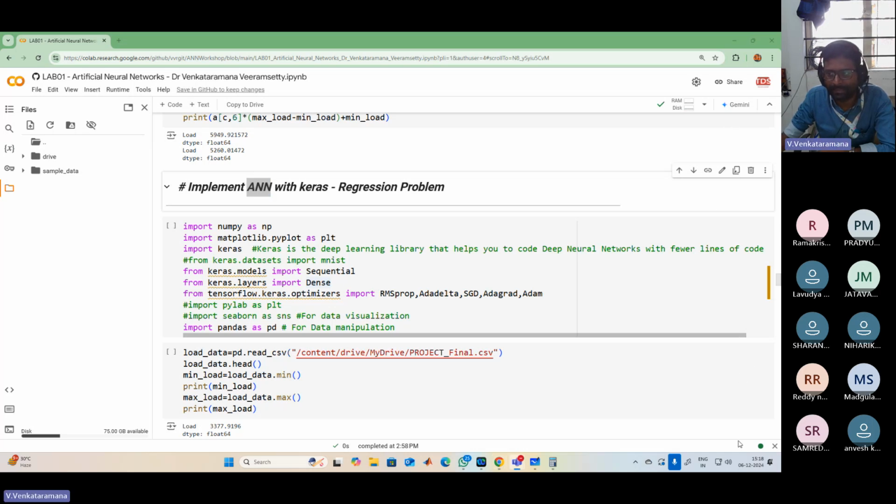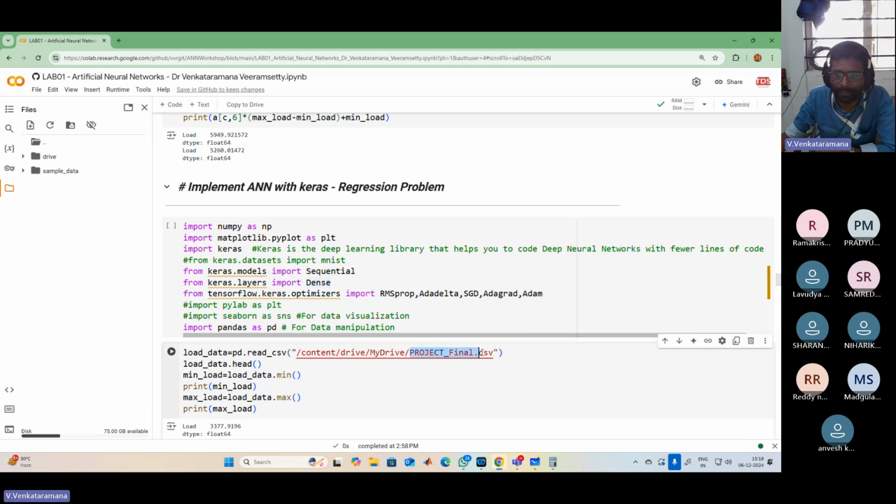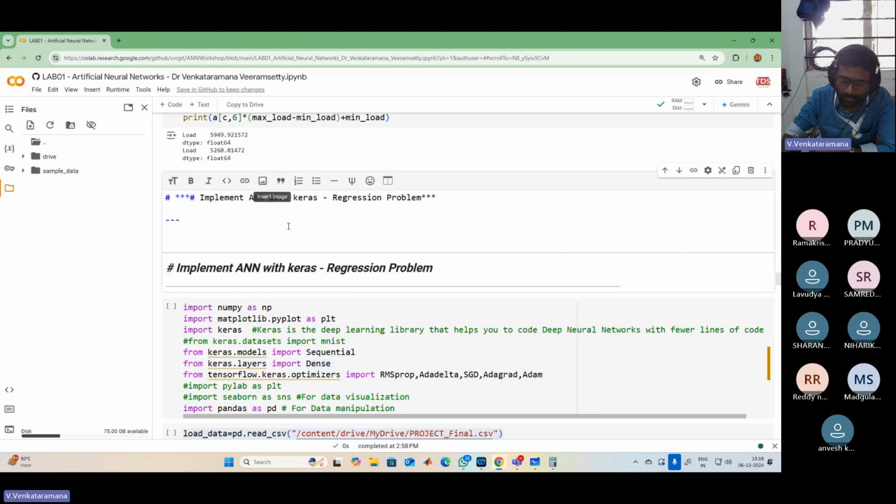As I said earlier, don't confuse about the terminology: electrical power, load, substation, electric substation. If you are not an electrical person, forget about that terminology. Just see the load values in terms of some numbers, that's it. We already have the data. My data is available in the form of a .csv file in the drive, and I will use that data to train my ANN model, and later I will use that ANN